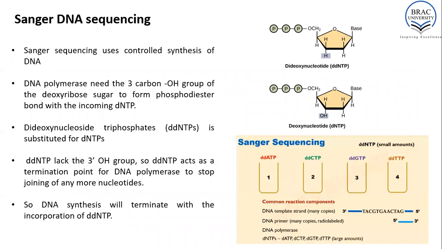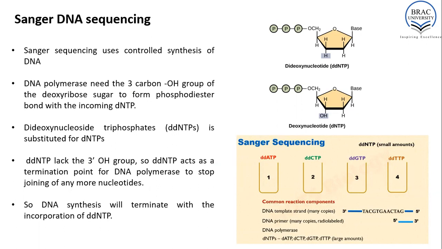So what is Sanger DNA sequencing? We know that a nucleotide has a deoxyribose sugar, a phosphate, and a nitrogenous base. In the normal process of DNA replication or extension, the polymerase needs a 3' hydroxyl group at the 3' end of the chain to form a phosphodiester bond for the incoming nucleotide. So Sanger sequencing is developed